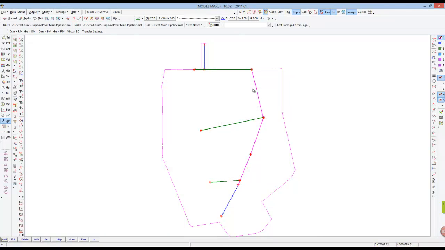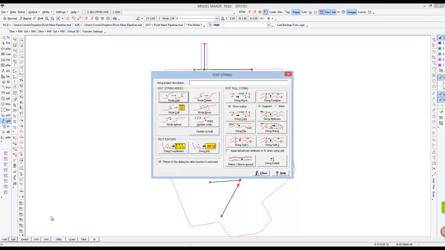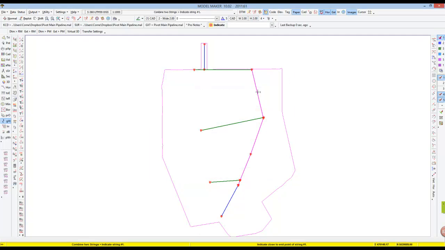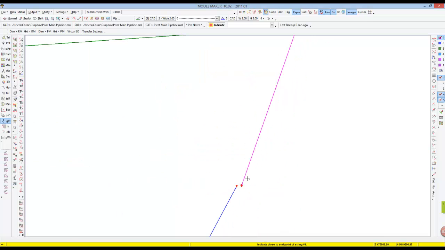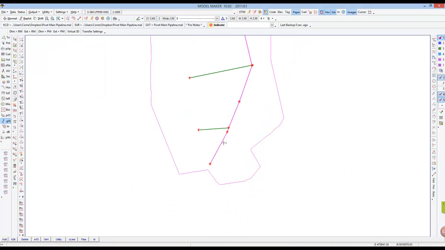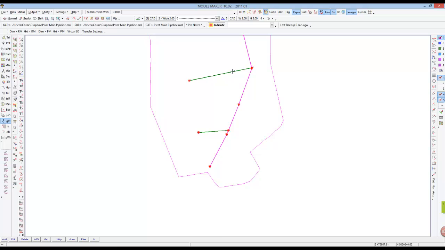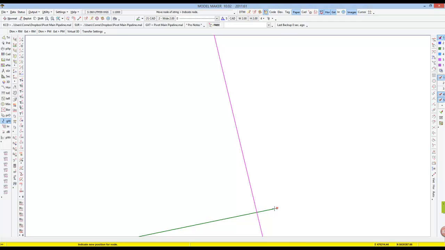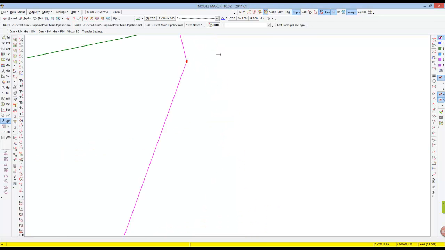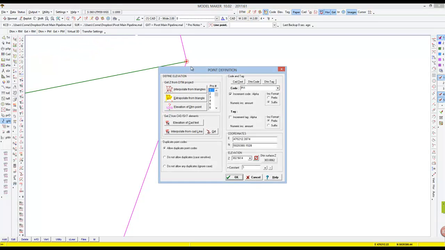Right, so I'll just use that pink string connected onto that one, make a connection there. So we go to strings, edit. I'll just use string combine with the meet tool, just connect those two to each other, and maybe I should do the same here. Right, so essentially I'm just creating all of these little bend points, and then I'll go to node move and just stick it onto that node there,